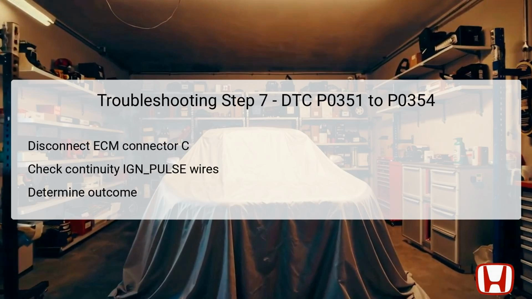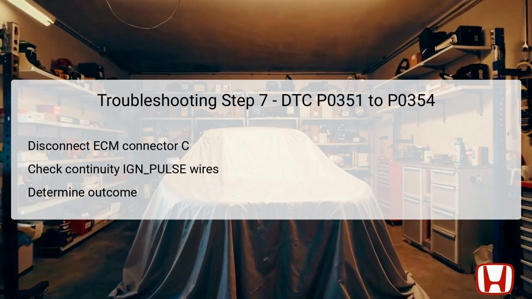The 7th troubleshooting step involves examining the IGN pulse lines that are directly connected to the engine control module, ECM. Start by jumping the SCS line with the HDS to ensure all signal paths are verified. After this, disconnect the ECM connector C, which contains terminals specific to the problematic ignition coil. With the ECM power disconnected, check for continuity between body ground and the appropriate ECM terminal for the specific problem